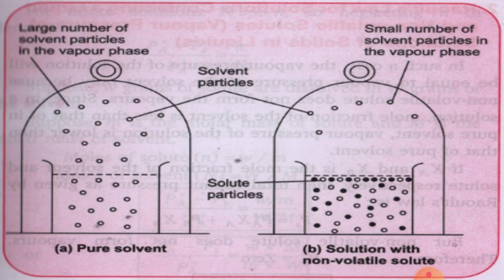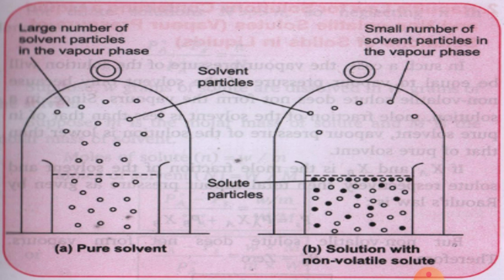Now again focus on the diagram given here. Diagram A shows the pure solvent and diagram B shows the solution with non-volatile solute. To look at the diagram properly, in case of pure solvent, there is a large number of solvent particles in the vapor phase, but in case of solution, look at the diagram,